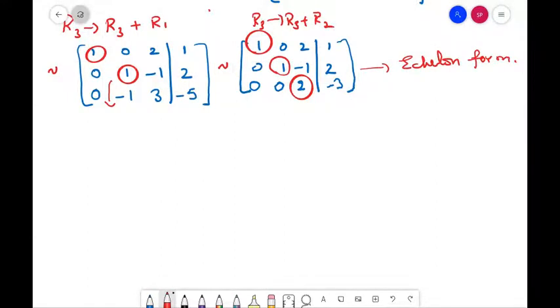So from here you just write the equations, and because here you have all these C1, C2, C3 as pivot columns, and even our variables are also C1, C2, C3 only, we don't need to write whether unique solution or infinite. We have to find the solution here. So to find the solution,